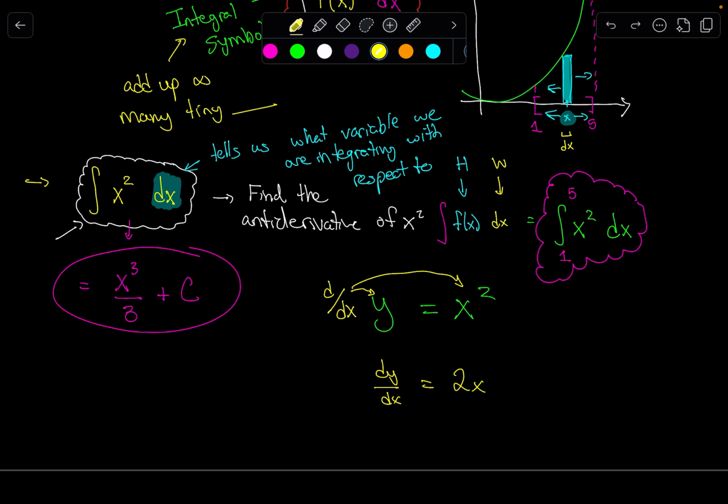So for now, you can just think that even though it makes sense from the picture that we drew over here, that we need both of these things, right? This is still the height of an arbitrary rectangle. This is still the width of an arbitrary rectangle. If you're trying to think about why it has to exist in order to do this calculation, if I do the integral of x squared and I don't write anything here, we say this is ill-defined, that I don't know what variable I'm trying to integrate with respect to, so it needs to have this